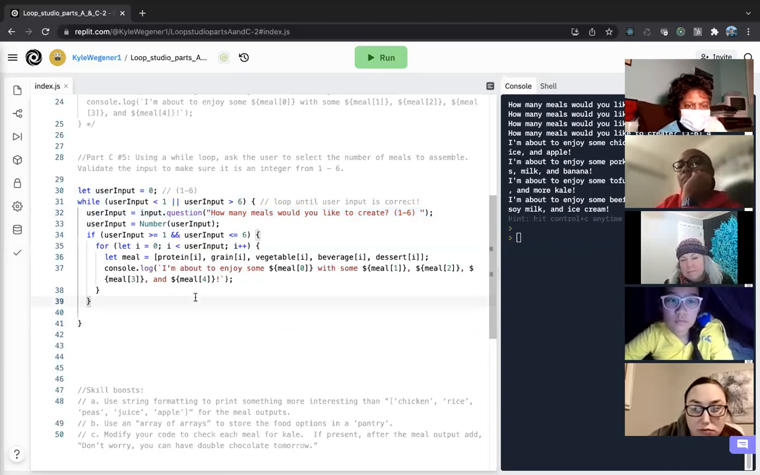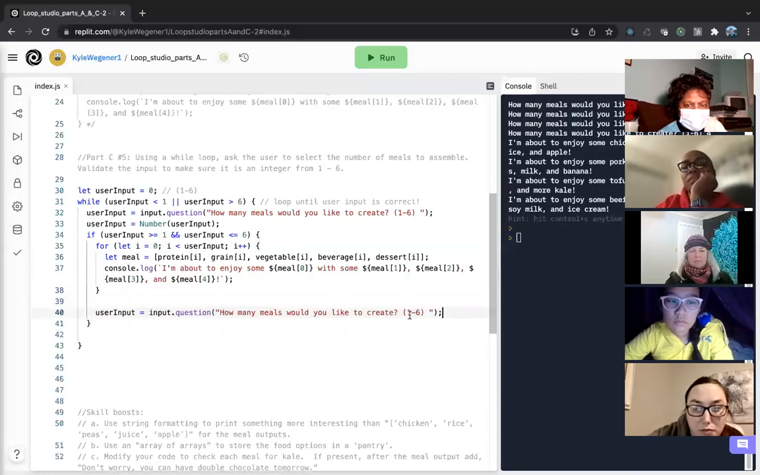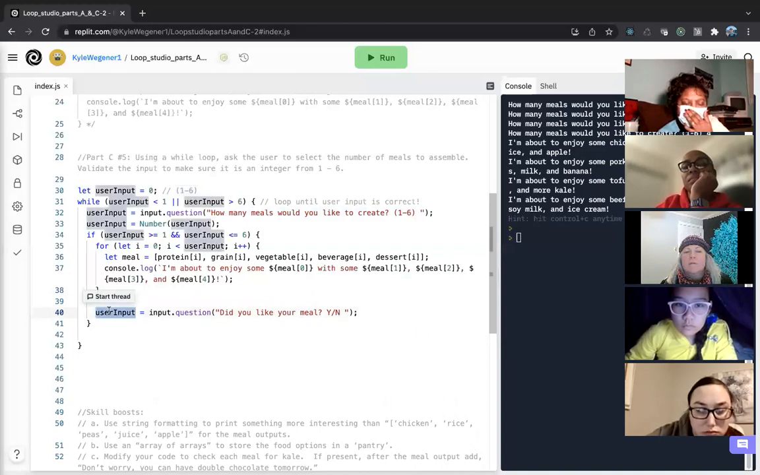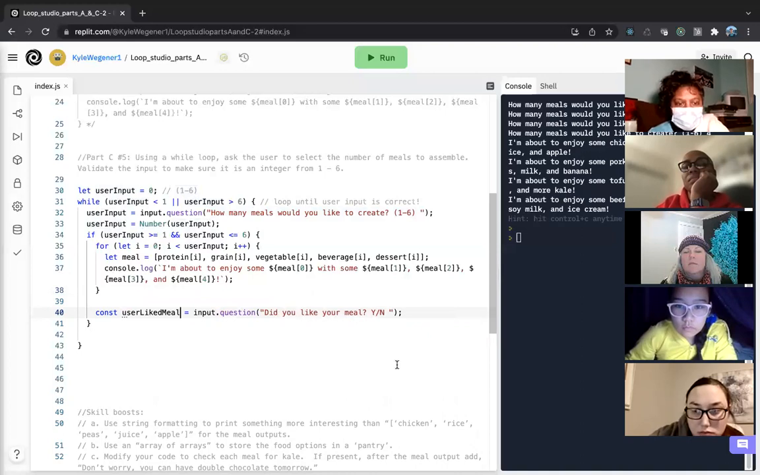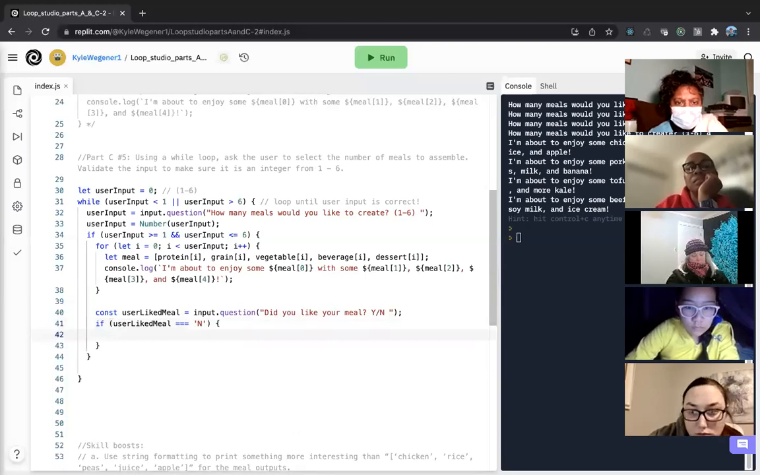All right. Well, in that case, if they didn't like their meal, we need to deal with it. So let's go ahead and do this. User input: did you like your meal? So you can say yes or no. In this case, we can call it const userLikedMeal. In this one, we'd say that if userLikedMeal equals no, then in that case,